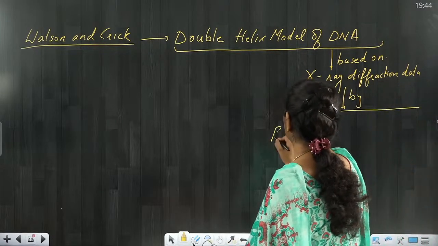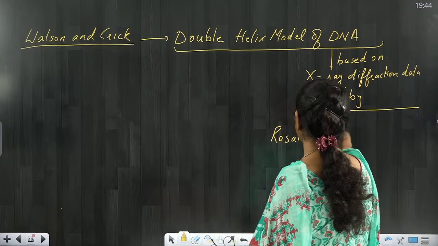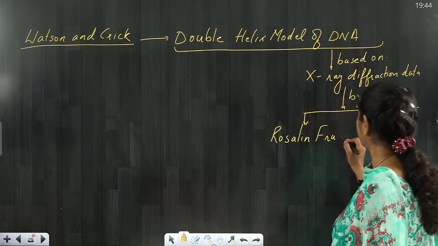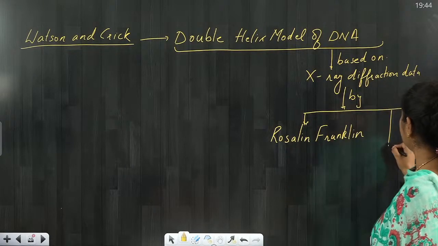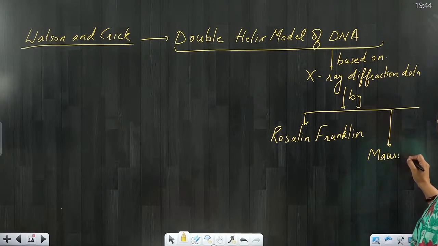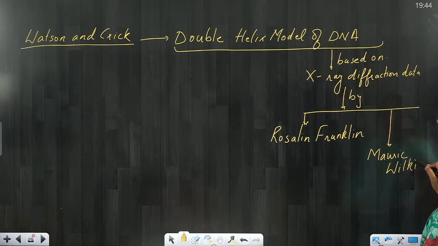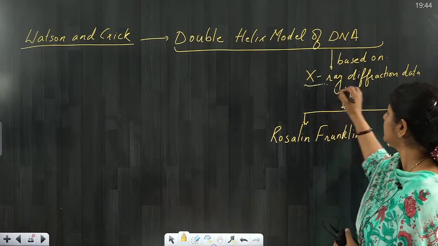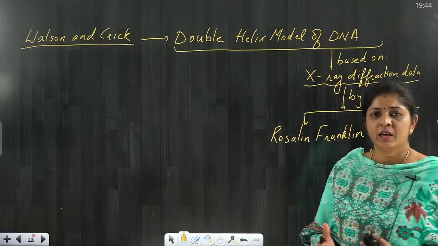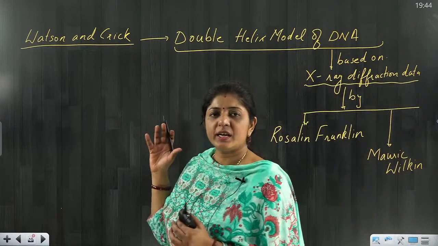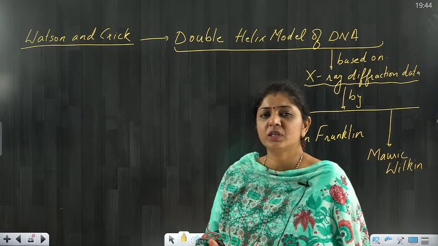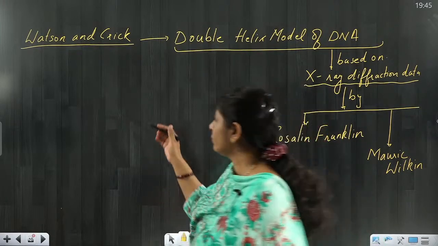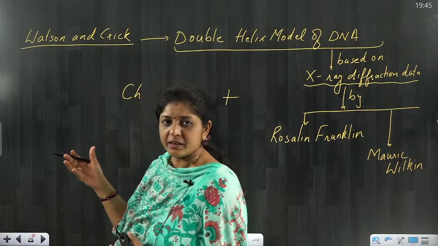What is that? Rosalind Franklin and Maurice Wilkins. These 2 scientists gave, through X-ray diffraction data, information about the structure of the DNA. But Watson and Crick used this data to figure out or to propose the structure of DNA. But add on to that, they have taken the authenticity from